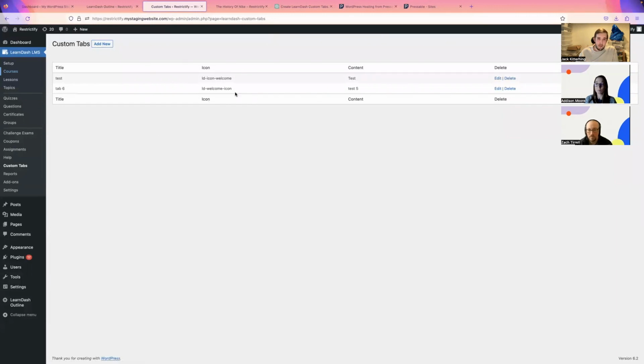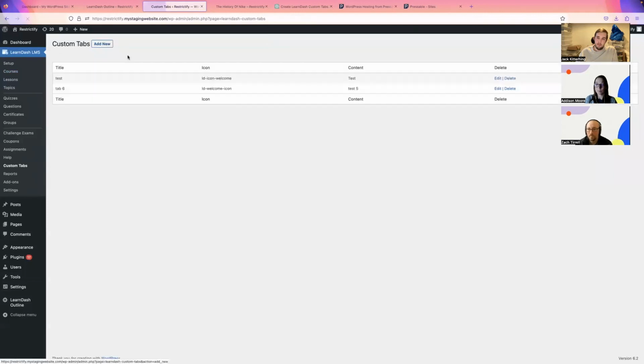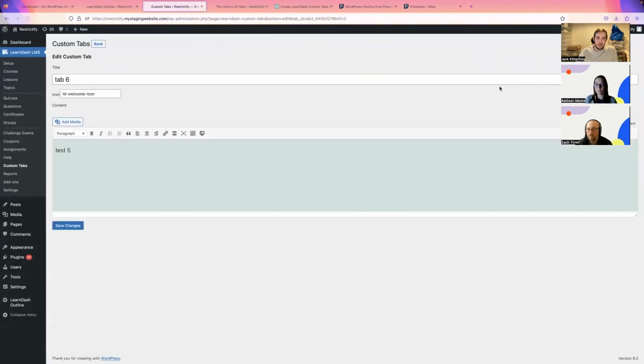And then it built out this admin interface. So we have the title of our tab, the icon that's going to be used, the content of our tab, and then the option to edit and delete. So if we open up any of our tabs that we currently have there, and love it when it breaks on me straight away, let's use this one. So if we open up this tab, we can see we've got our title, we've got our icon, we've got our content area here, and that is what shows up in the tab itself